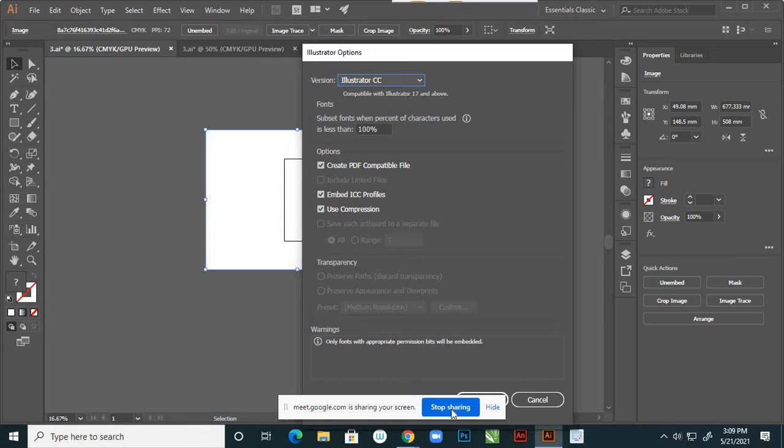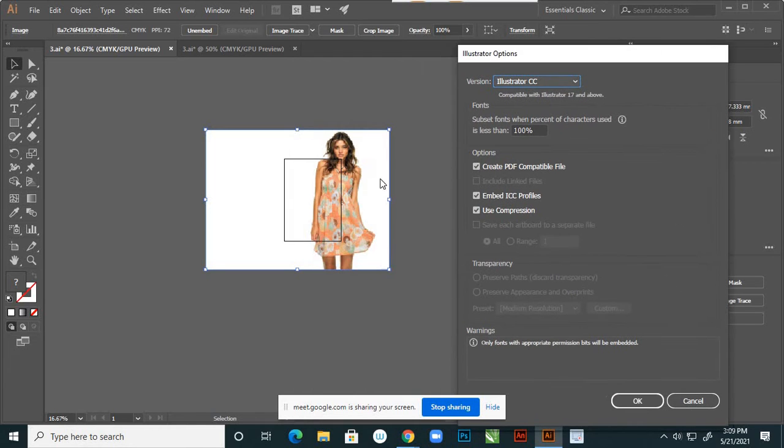So that means when you save this file, your image is included with it, like text files and texture files also. Your file is saved directly in Illustrator, so whenever you open that file again, you can see the image and edit it.